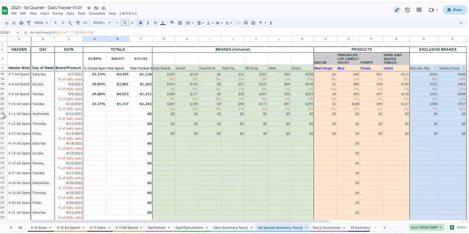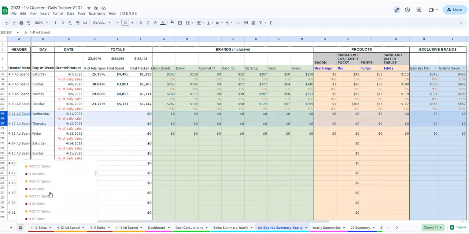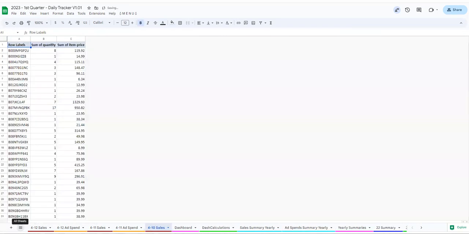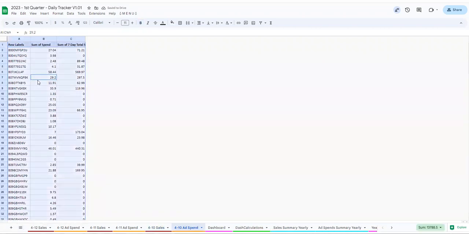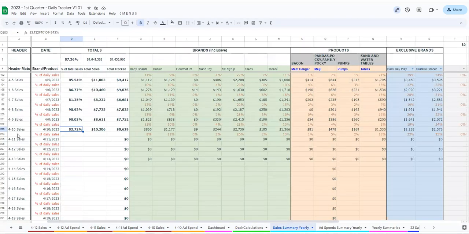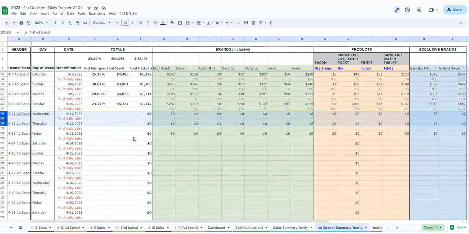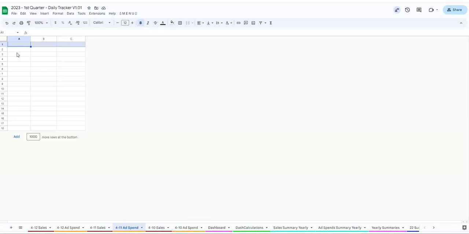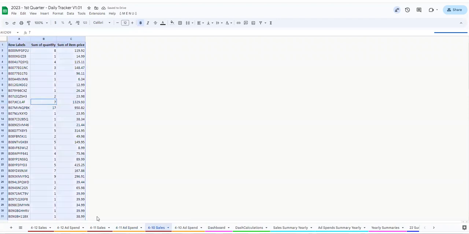You can currently see 4.11 and 4.12 are empty. Let me show you something quickly. So if I go back to 4.10 and 4.10 spends, let me copy the 4.10 spends and paste in 4.11 spends. Before that, let me show you, in the sales summary these two rows are empty, and these are also empty. So what I'm going to do, I'll paste the 4.10 spends on 4.11 spends, just to show you that